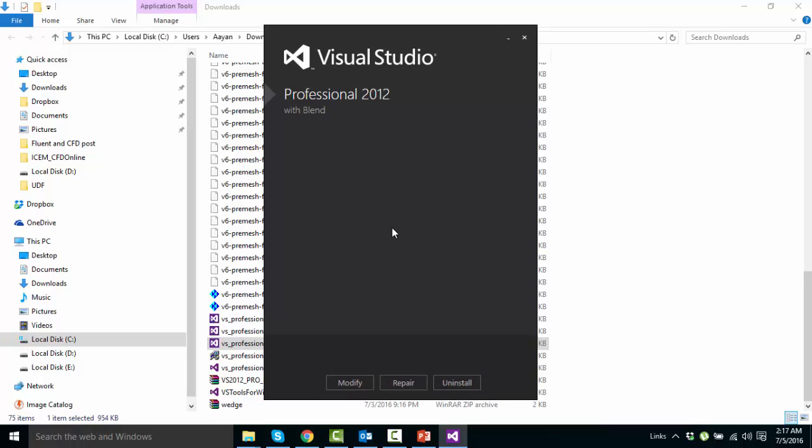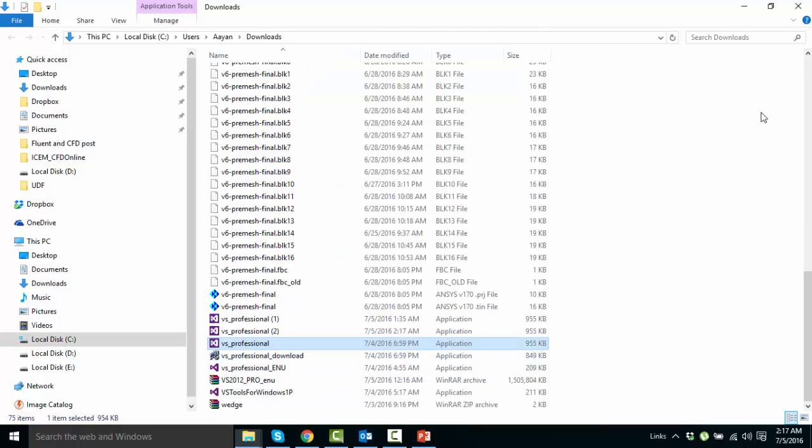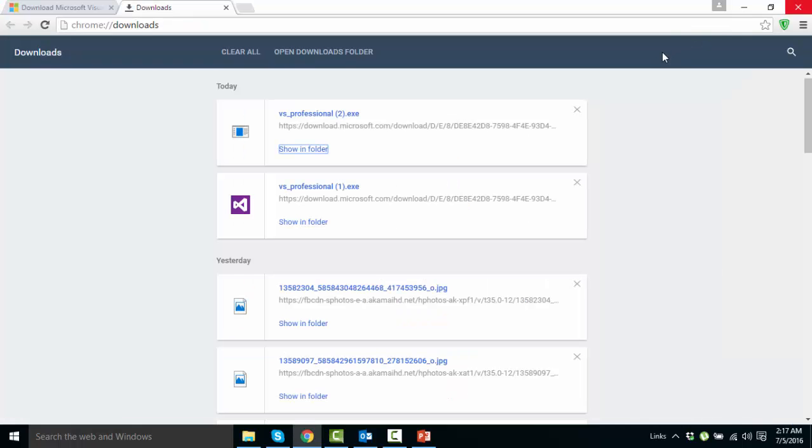Mine is just 4 Mbps, so it took me around 1.5 hours approximately. So just keep it running for the time it is installing the Visual Studio 2012 Professional. And once it's done, so you can restart your computer,